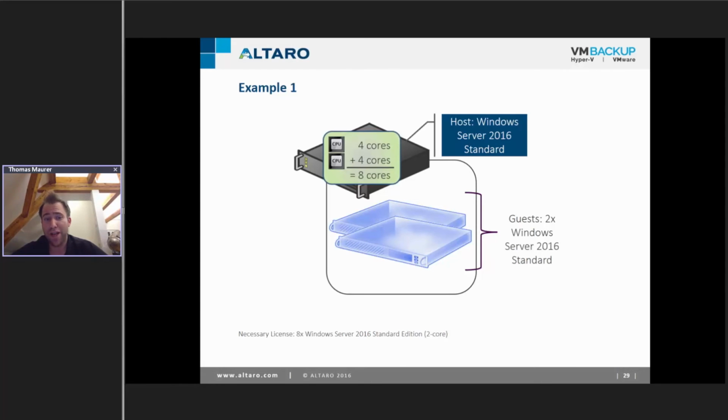We actually would need to license only 8 cores, which would mean 4 Windows Server 2016 Standard licenses. Since the minimum is 8, we still have to license 8 of those packages, right? So we have smaller CPUs, but still we have to license at least 8 cores per CPU. So that would mean we have to buy 8 of those packages.